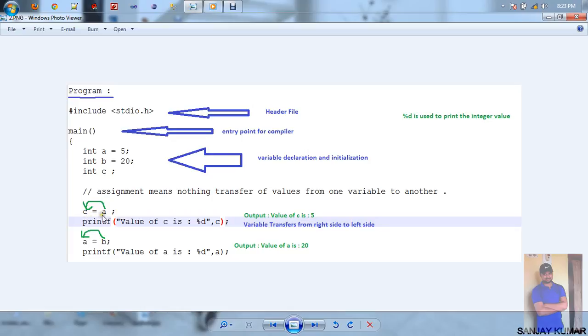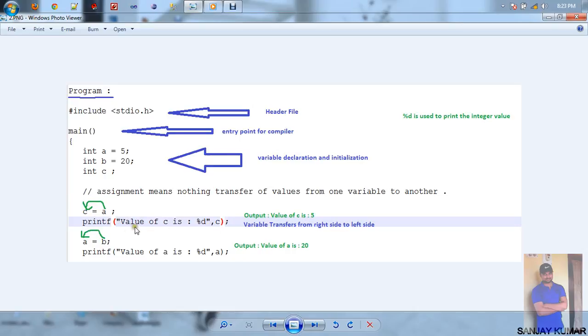c = a means the value transfers from a to c, that is, the value transfers from the right side to the left side with the help of this operator, which is called the assignment operator. The assignment operator is the equal to sign, which assigns the value from a to c. Suppose there is a statement printf("value of c is %d", c).